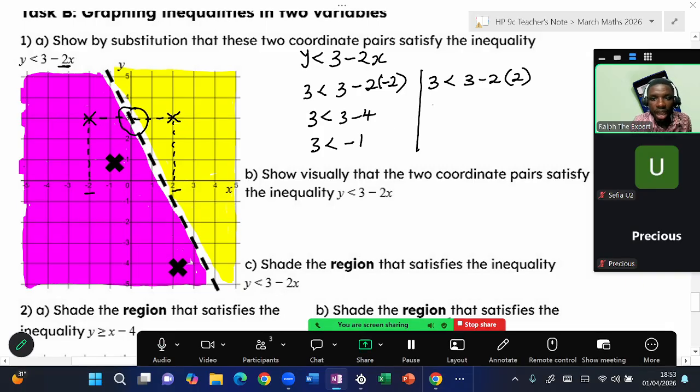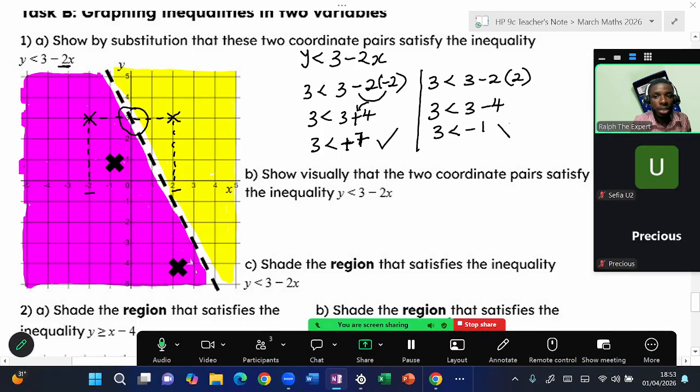Sorry, this is a mistake. I was actually looking at it, and I just figured that out. So +7, because minus times minus will be plus. So obviously that was how we arrived at that. Then we have 3 less than -1. So you see that on both sides, 3 less than +7 is absolutely correct, but 3 less than -1